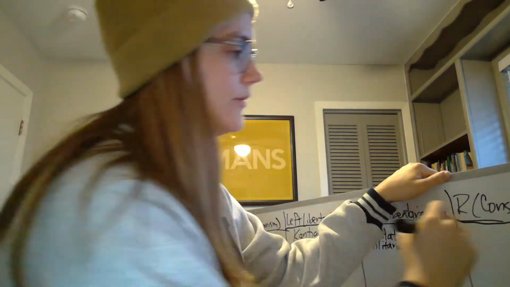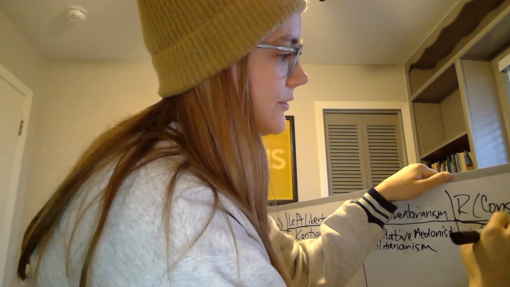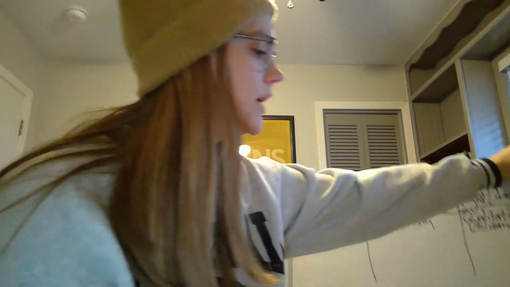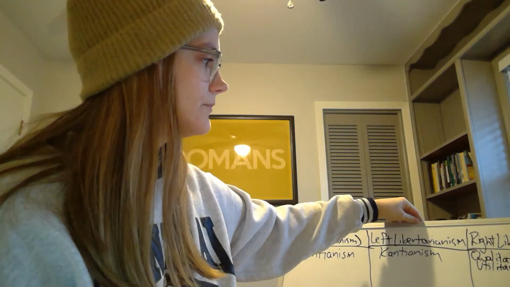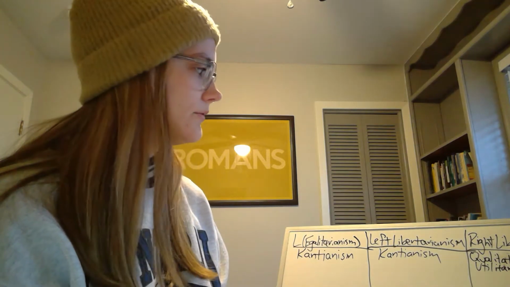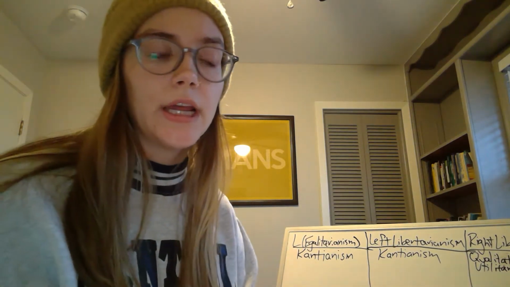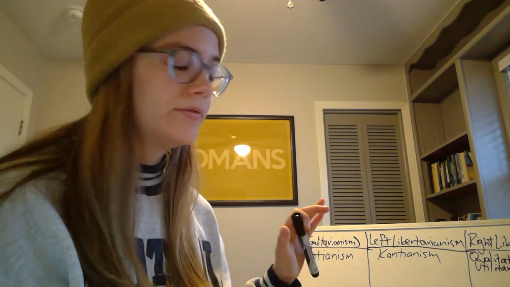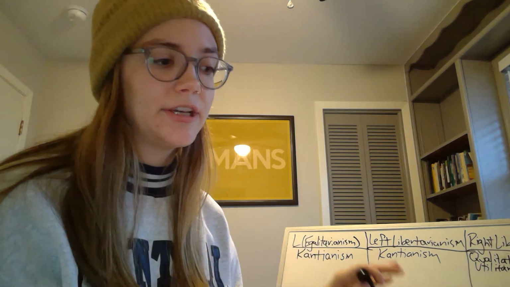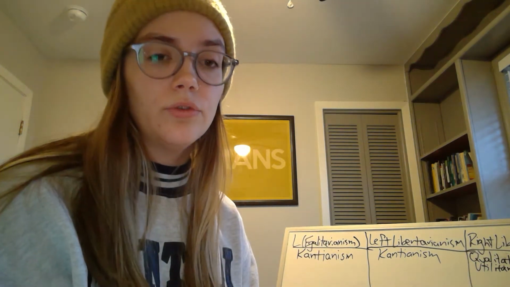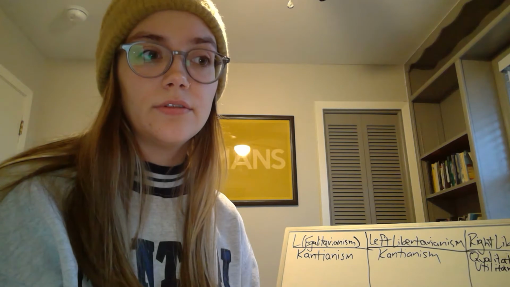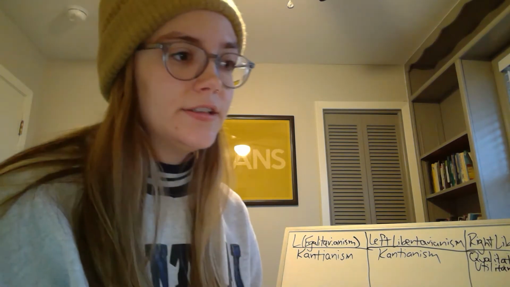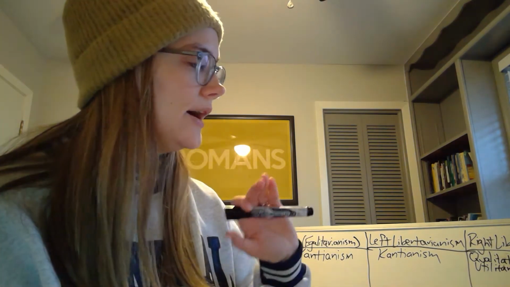And then on the right, you have virtue ethics. So each of these things we've actually gone over in class. I think utilitarianism and virtue ethics is probably more fresh on our mind, but we did read Kant, and a lot of Kant is based on duty. Like, you do what you're supposed to no matter the consequences, almost, because it's the right thing to do, or whatever it may be. Now on the right